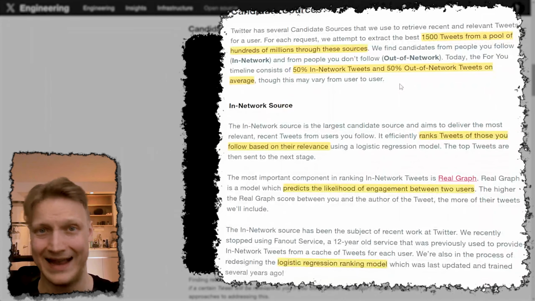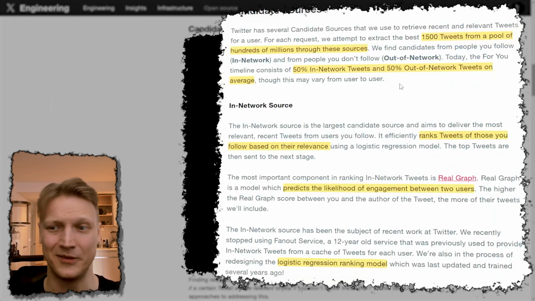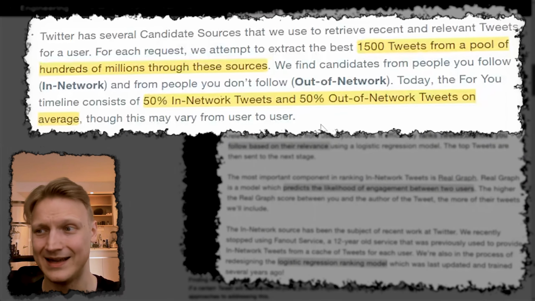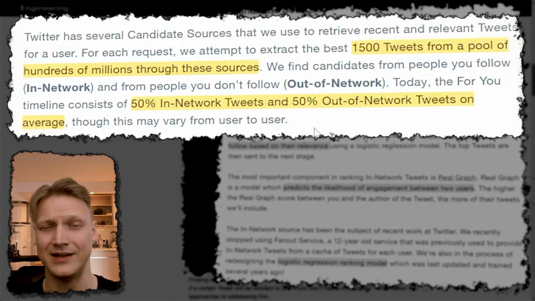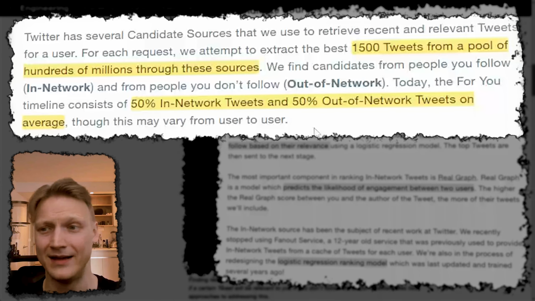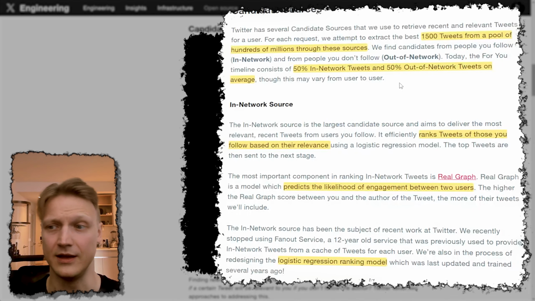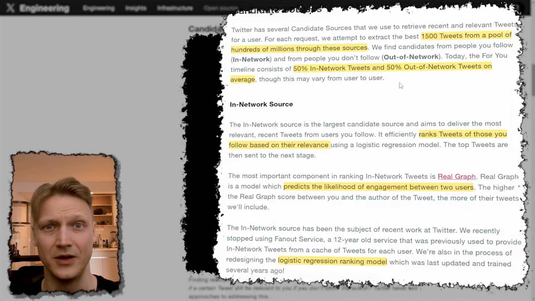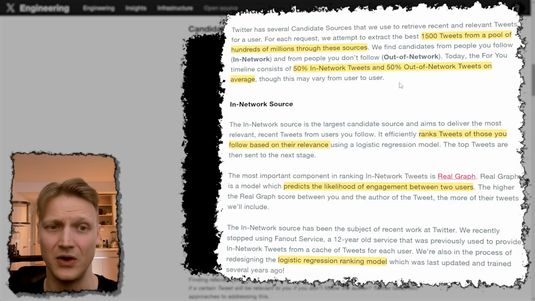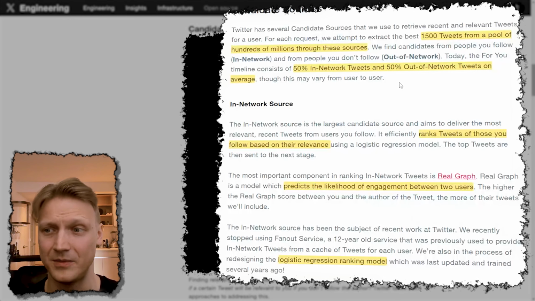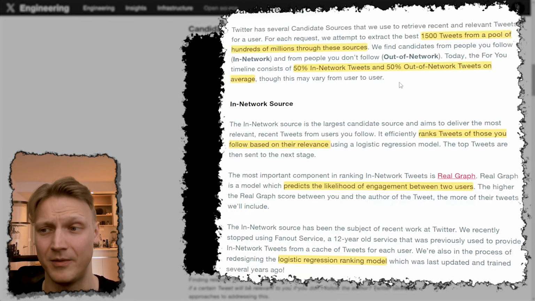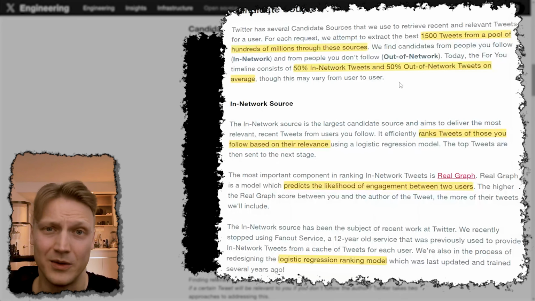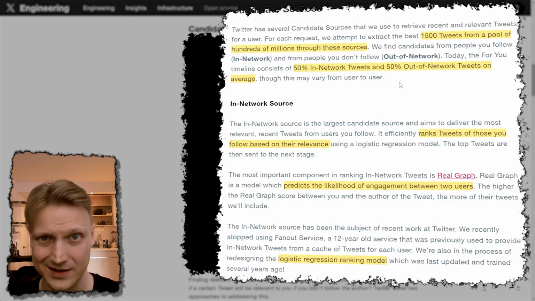They source candidate tweets from two major pools, in-network and out-of-network sources. And as they claim, the distribution is roughly divided by half amongst them, though it varies from user to user. And just to give you an example of this exception, if a user, say, doesn't follow a lot of other users, or those users don't stay active on the platform, so there's not much stuff coming from them, then in that case, it will be skewed towards this out-of-network pool.